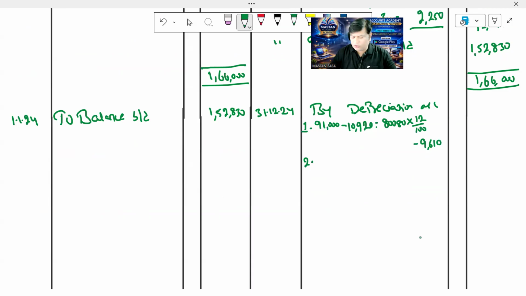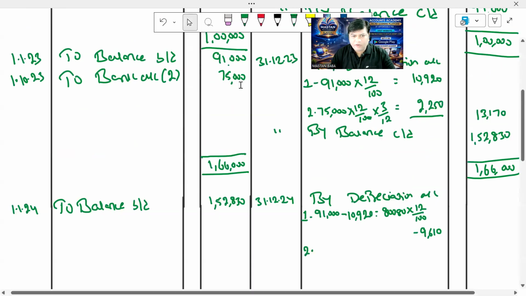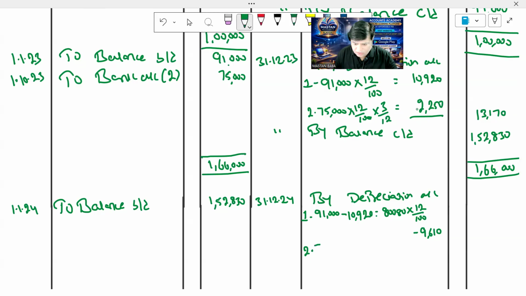సెకండ్ మిషనరీ వాల్యూ ఎంత చూడండి ఒకసారి. What is the second machinery value? 75,000, right? 75,000 ఎంత డిప్రిసియేషన్ సెకండ్ మిషనరీది? 2,250. So what I'm doing here, simply 75,000 is the second machinery value in the previous year, and second machinery depreciation is 2,250. So you'll get how much more? 75,000 minus 2,250, you'll get